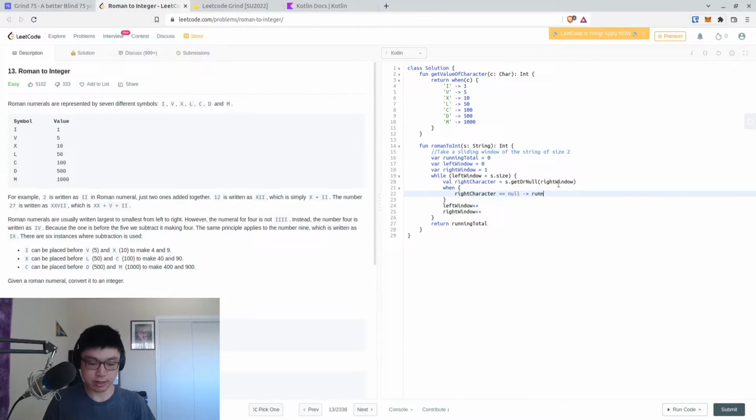Then we can say running total is equal to, or plus equals, get value of character, and this will be s.get, and we will get at left window. Else, if right character is not null,